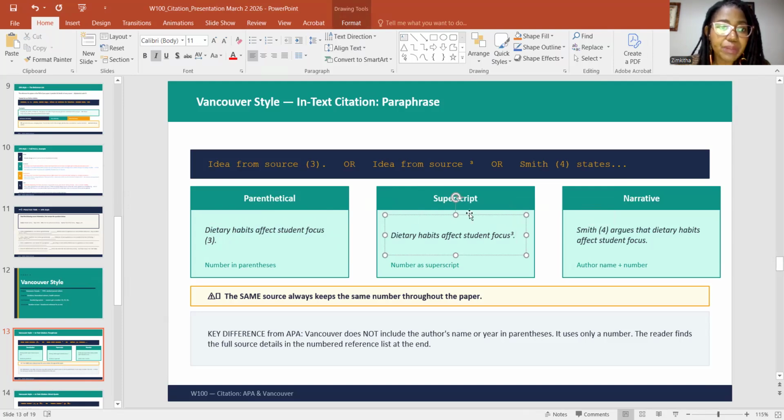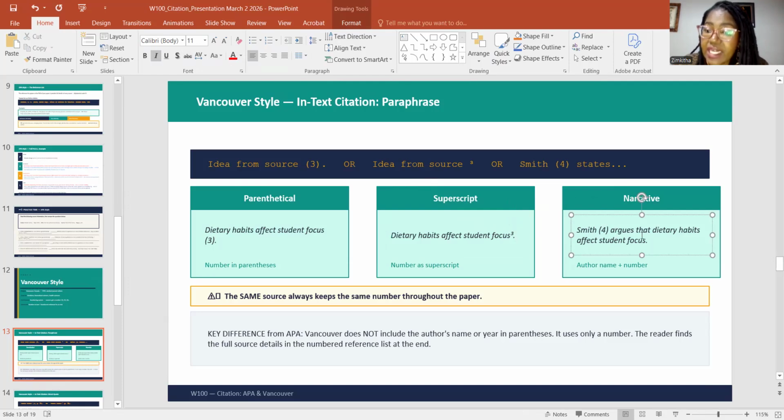In fact, on your computer, it is available, if I'm not mistaken. I'm going to have to look at that because there is a way of doing it, and I will show you, and I don't mind even making another video for it, but I think it's part of your references, if I'm not mistaken, but I don't want to move. But we call this a superscript. It almost acts like a footnote. You can see the number over there. Again, that number 3 needs to correlate with source number 3 in your reference list.